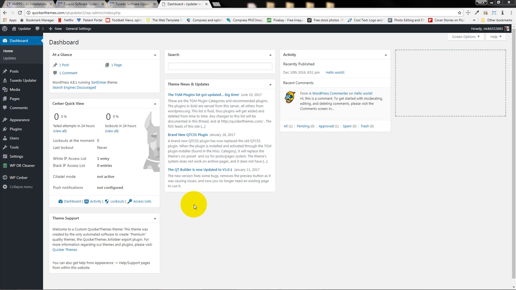A few days ago, Trevor officially released his Tuxedo software update plugin. It's basically a WordPress plugin that updates both plugins and themes. We were using what I'd call a beta version of the plugin,